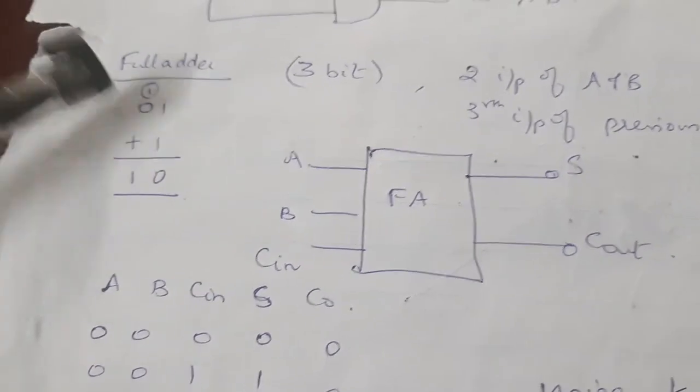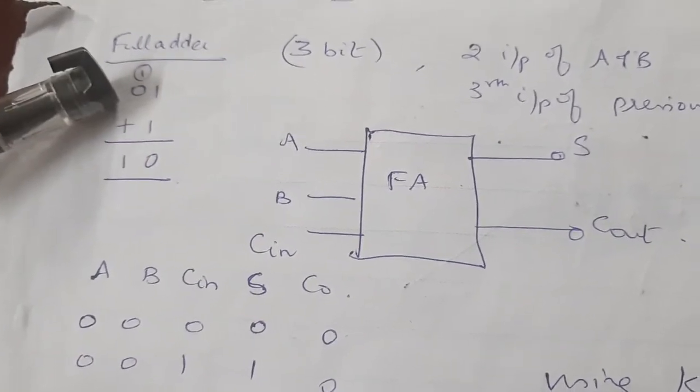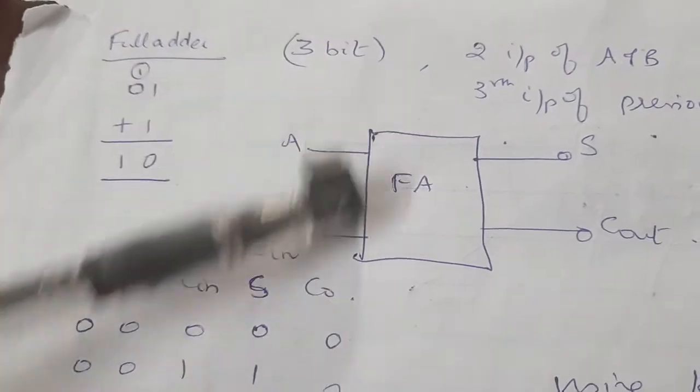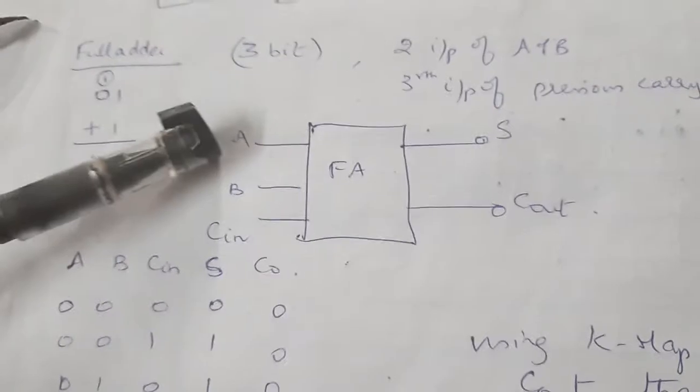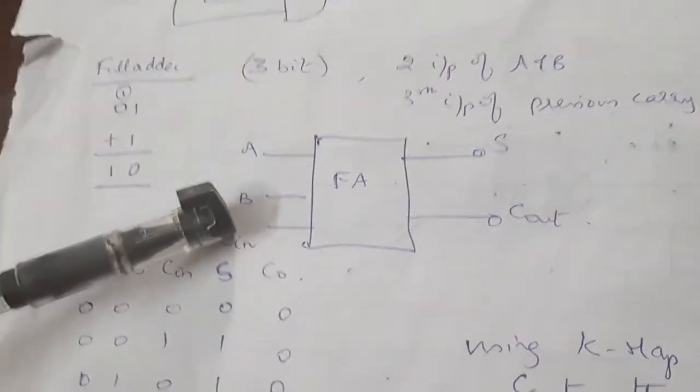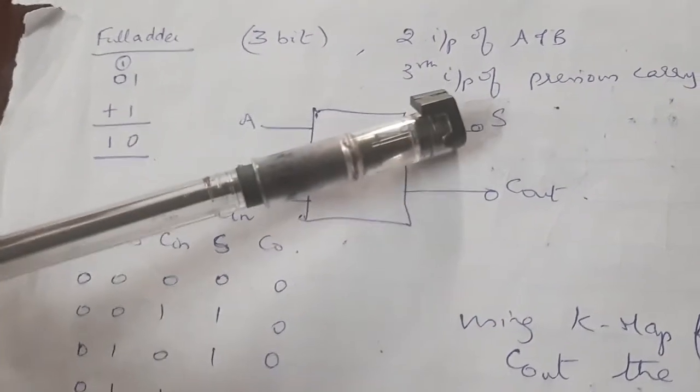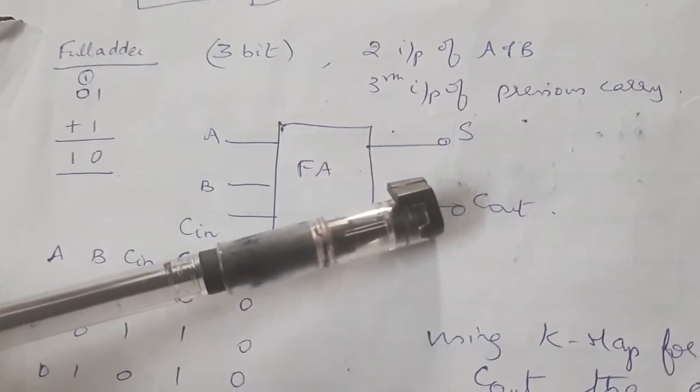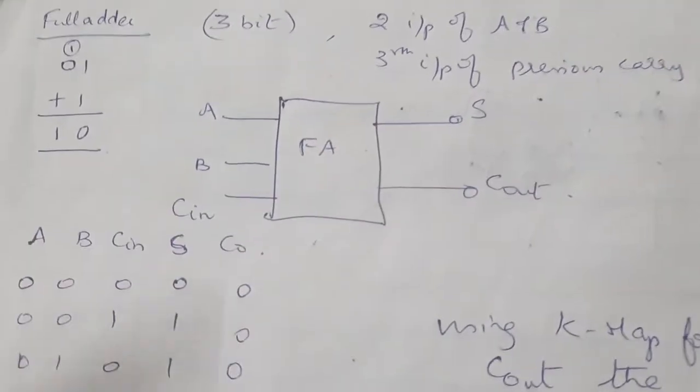So if I take 3-bit information, I need to first write down the truth table. So you're going to have a full adder combinational circuit. The information is 3 bits: A, B, C in. C in is your carry input. Sum is the output. Final carry out is C out. Okay, write down the truth table.